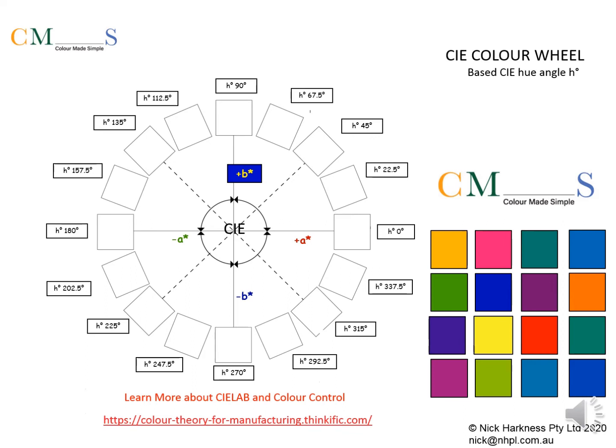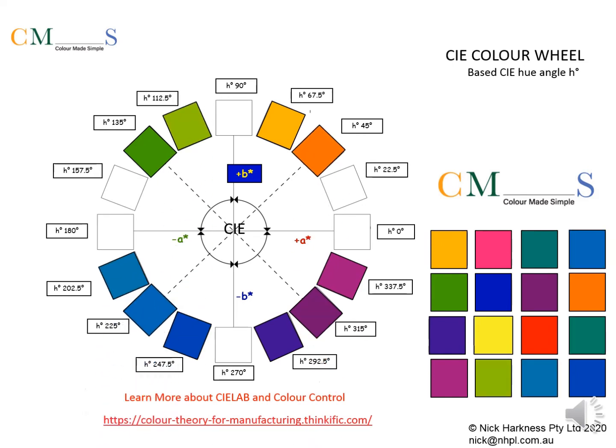CIE is based on Munsell, which has 5 primaries, red, blue, green, yellow and purple. And to accommodate the purple in CIE colour space, the pure visual red is displaced by 22.5 degrees, and the red of CIE is a magenta shade or a bluish red, rather than a pure visual red. On the opposite side of the colour wheel, pure visual green is similarly displaced by 22.5 degrees, and the green of CIELAB is a bluish green. The blue of CIELAB is a reddish blue, and the yellow is a greenish yellow.